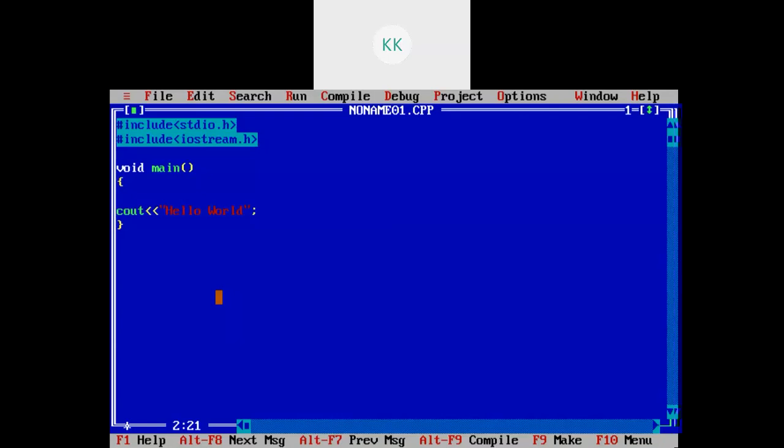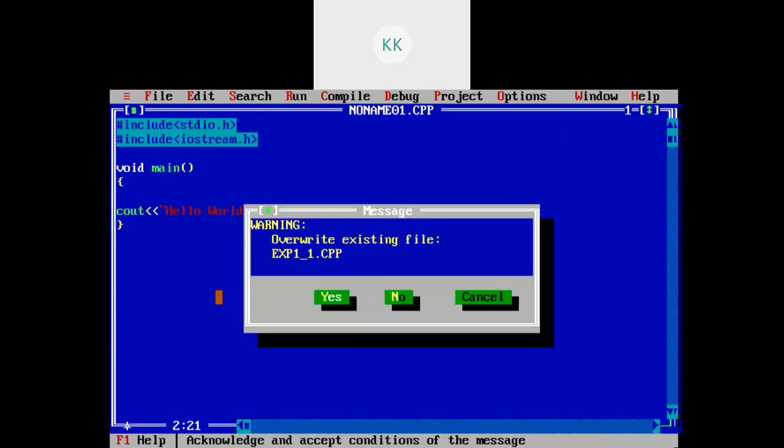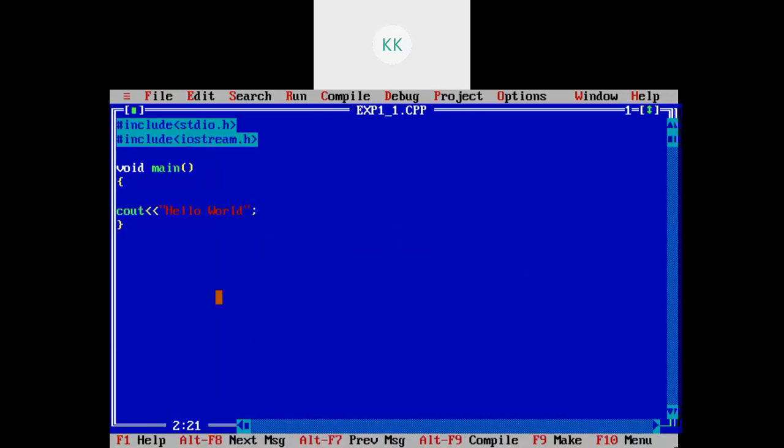You can save this file as well. So I will save it by some name. Let's say experiment1.cpp, and cpp files are saved with the extension .cpp.